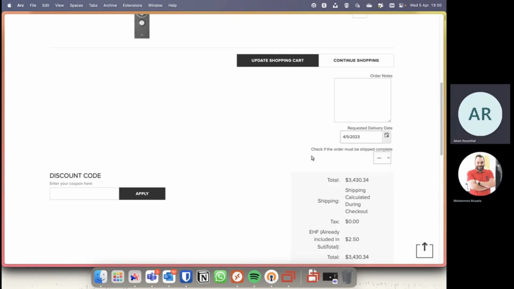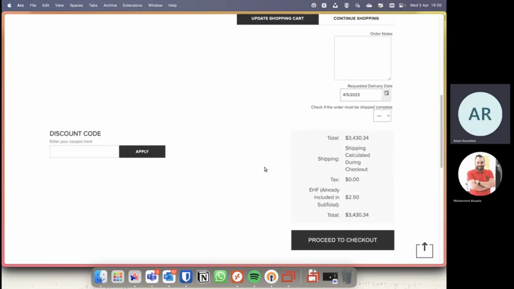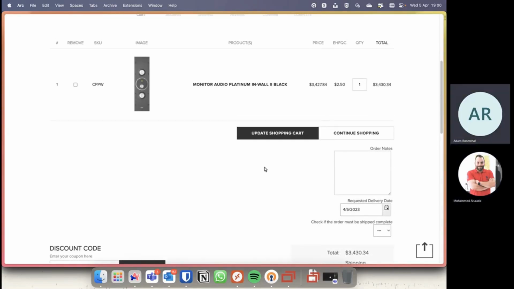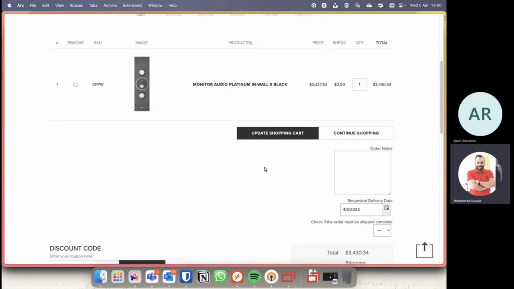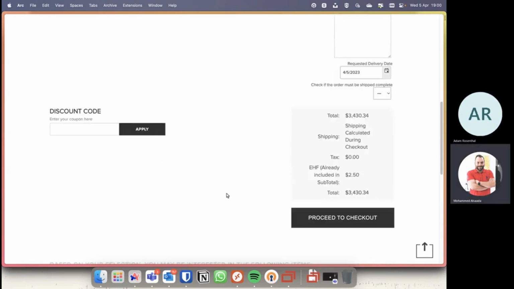So can they make a payment if it's required, if it's not payment on account? Yeah. Is that possible? Okay. Yeah, definitely. So based on the SAP setup, of course, we have some payment terms in SAP, and based on that, if the customer is set to credit card only, then he will not be able to check out without a payment. Perfect. But if he's net terms, then he will get the PO option. Perfect. Thank you. Sure. So if we proceed to checkout,